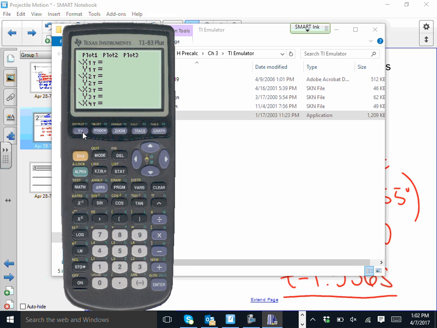Okay, so if we plug in, what are our equations? 30 cosine of 55 times t and negative 16t squared plus 30 sine of 55 times t. If we go to graph it,